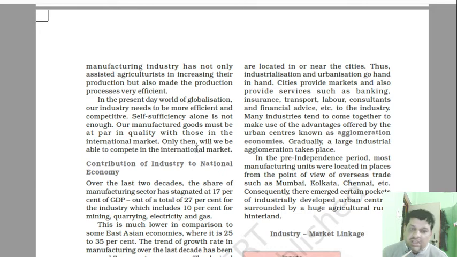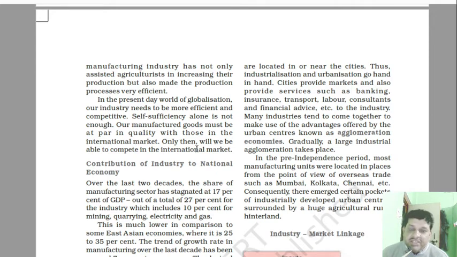New towns evolve only due to the setting up of industries. Suppose an industry was established at one place and few people were living there, but in due course of time, 20 or 30 years after, the population of the town increased, and then we can say that it was due to the industrialization of that place, the establishment of industry at that place. So industrialization and urbanization go hand in hand.